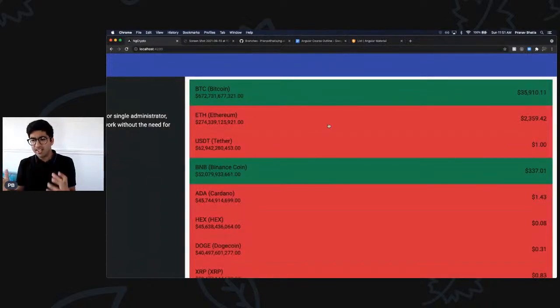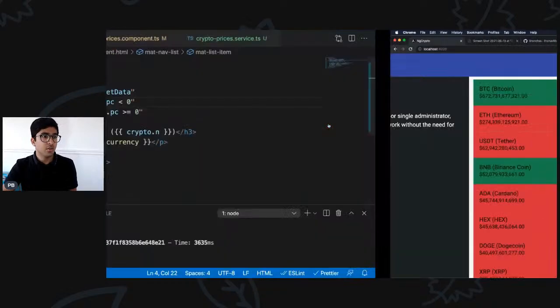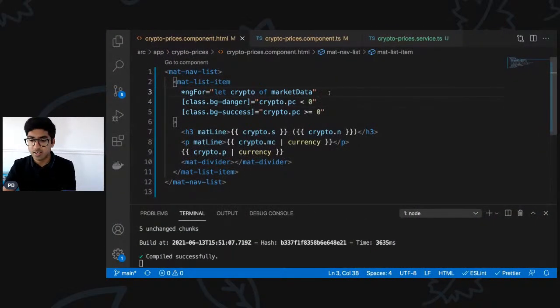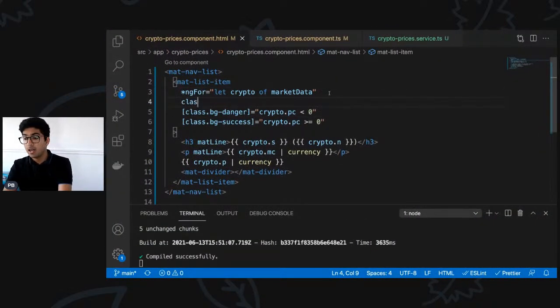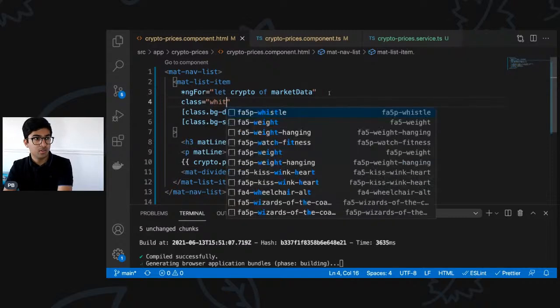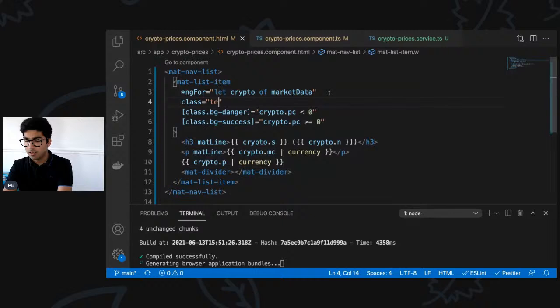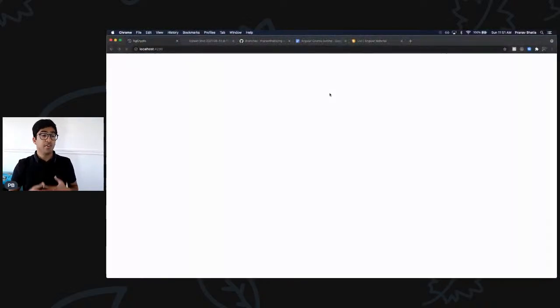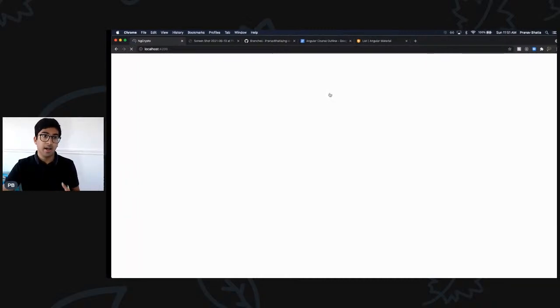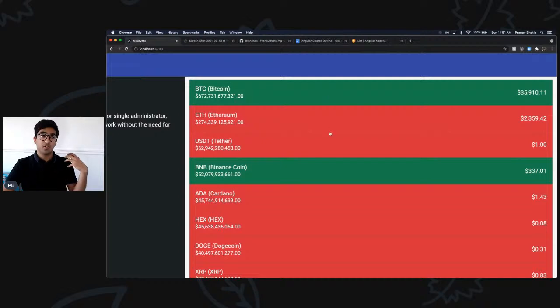are green. Now the text is not really readable. So what I'll do is I'll also add another class, which is not a conditional class. I want my text color to be white, whether I'm in profit or loss. So I'll just simply add text-white. Now, as you know, I'm using Bootstrap classes, and again, you should go to video 1 and 2 to learn more about that. But once it refreshes, I should have all my crypto prices in white. All my text should be in white, and the background should be green or red based on my profit or